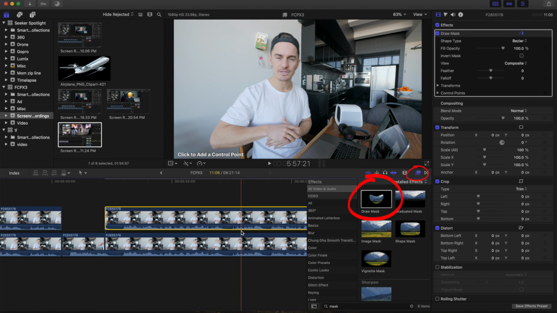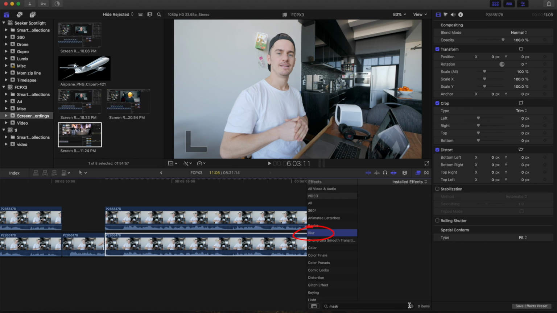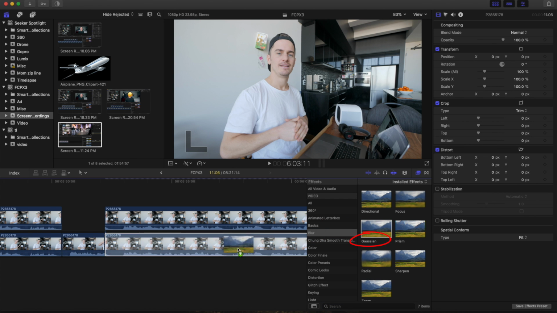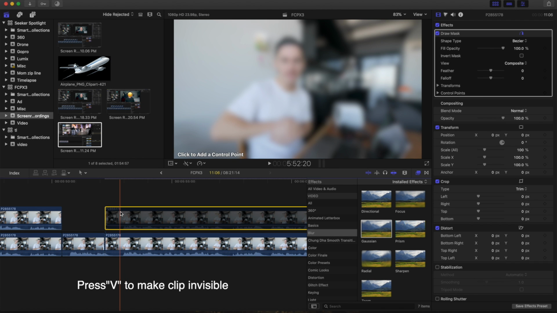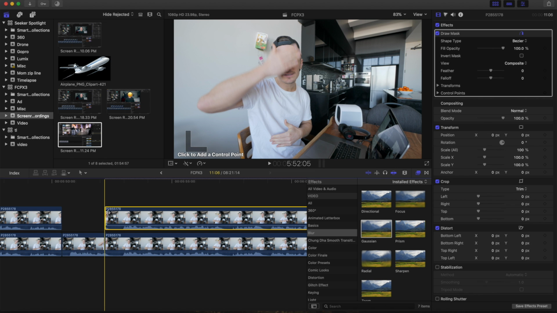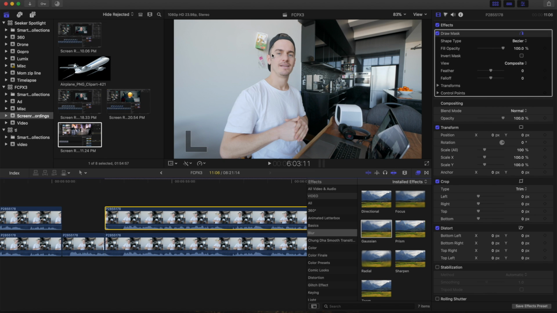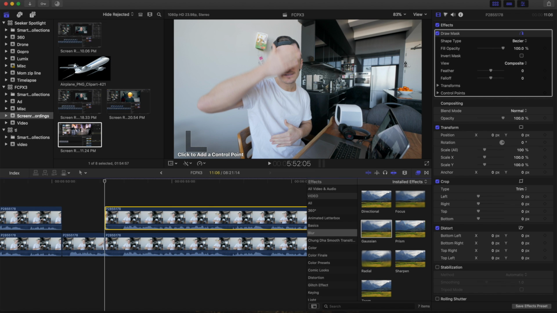And we're going to drag our mask on the top and our blur, so a Gaussian blur, on the bottom. So let's just select V and have a look at our blur. Yep, that's a good blur. Hit V again to bring it back. And essentially what a mask is doing is creating a hole in that top layer so that the bottom layer